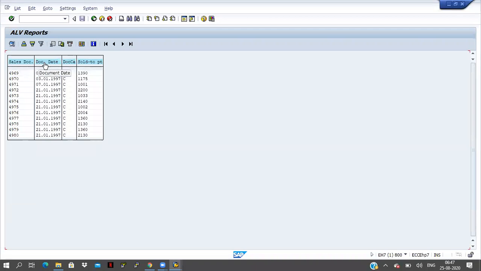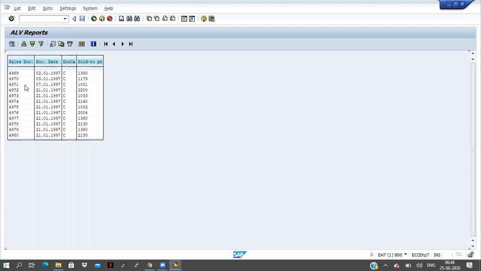Here only DOC is coming, with a dot after DOC. If you keep the cursor on that heading, you get the full description, document date. Here also, document category. Actually SD document category is there, that is a shortcut name, and sold to party. These descriptions are coming from the table level. Okay, fine.